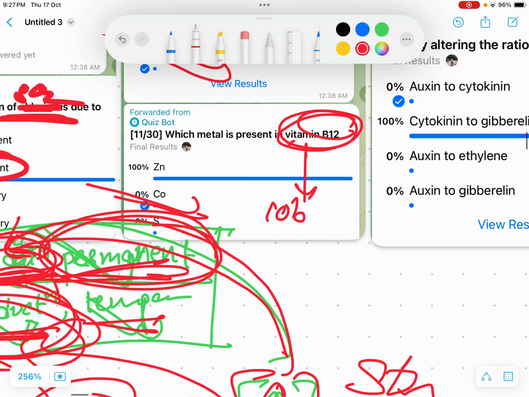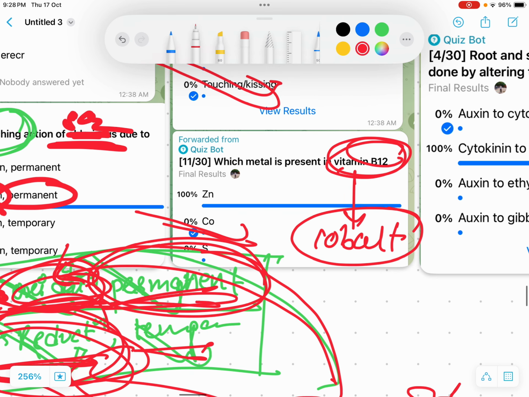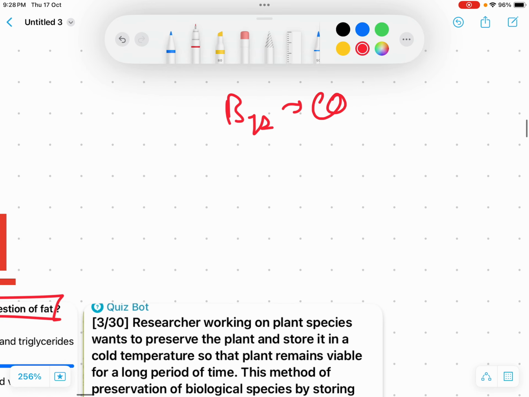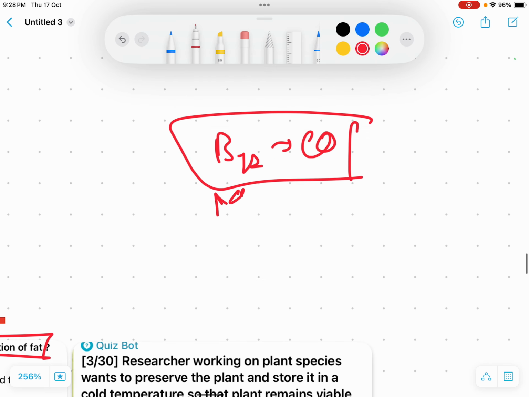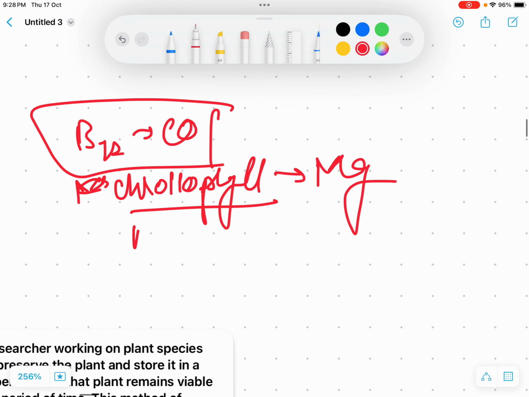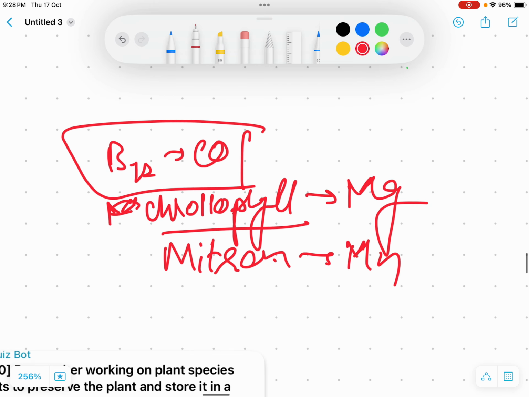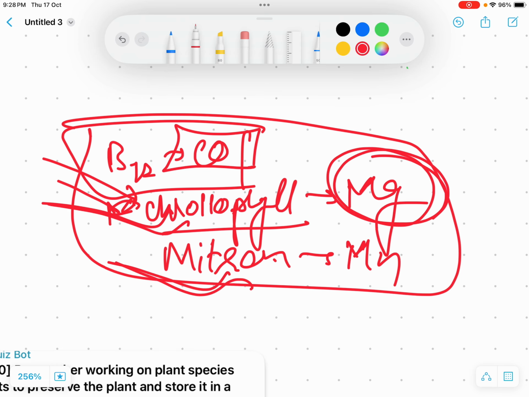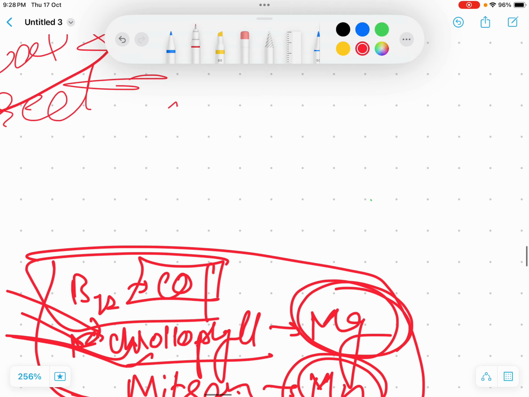विटामिन B12 में कौन सा मेटल होता है? कोबाल्ट होता है। डायरेक्ट क्वेश्चन है, रटने वाला क्वेश्चन है। क्लोरोफिल में कौन सा मेटल होता है? जल्दी बोल। मैग्नीशियम होता है। माइटोकॉन्ड्रिया में क्या होता है? मैंगनीज होता है। विटामिन B12 का कौन सा मेटल होता है? कोबाल्ट होता है। क्लोरोफिल में कौन सा मेटल होता है? मैग्नीशियम होता है। माइटोकॉन्ड्रिया में कौन सा मेटल होता है? मैंगनीज होता है भाई।